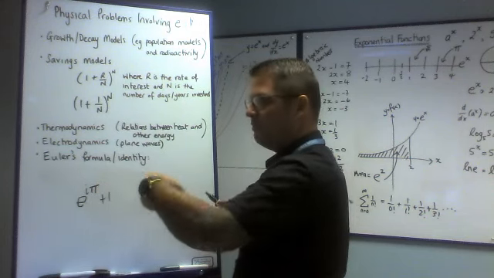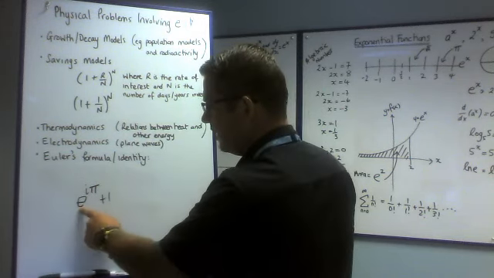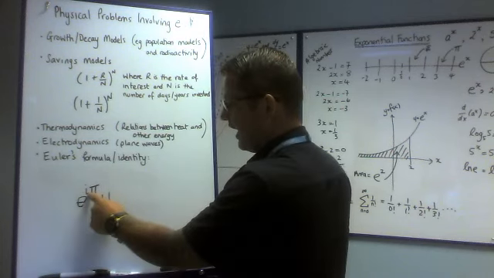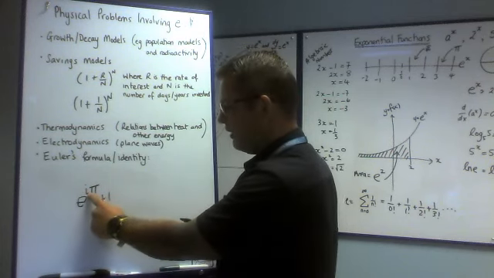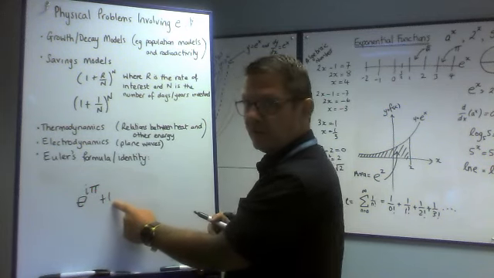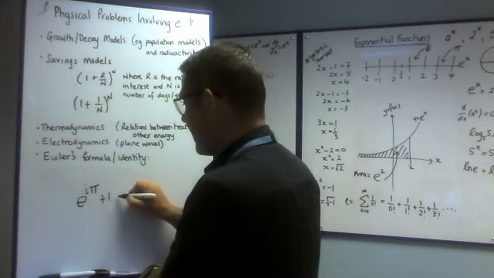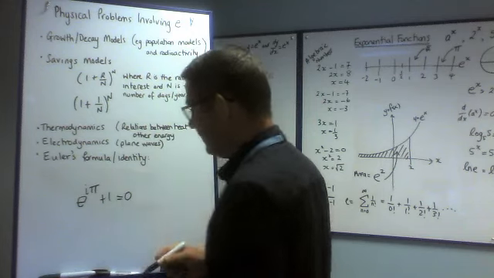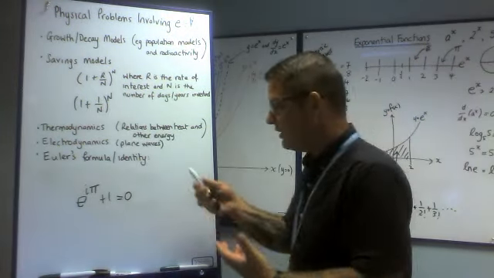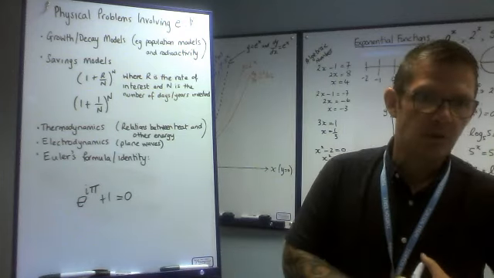remembering that pi is this number that goes on forever, 3.142, and e is this number 2.718, which like pi goes on forever. i is just our imaginary number from our complex system. And then you've got this plus 1, unity. What we get out is 0. We have here what is considered the most beautiful